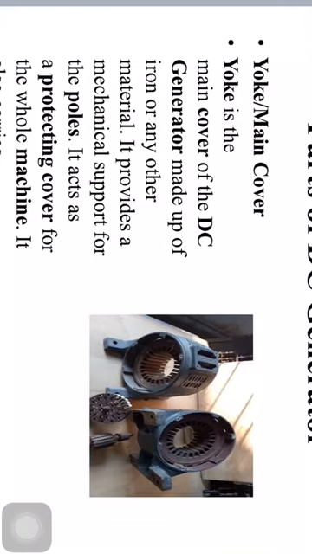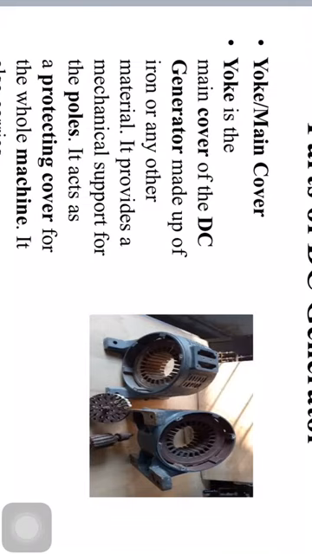And next it serves the purpose of the outermost cover of the DC machine, so that the insulating materials are protected from harmful atmospheric elements like moisture, dust, and various gases like SO2, acidic fumes, etc. So the purpose of the yoke is to cover the DC generator, so that harmful atmospheric elements won't enter the DC machine, and it provides mechanical support to the poles, and it forms a part of the magnetic circuit because it provides a path of low reluctance for magnetic flux.